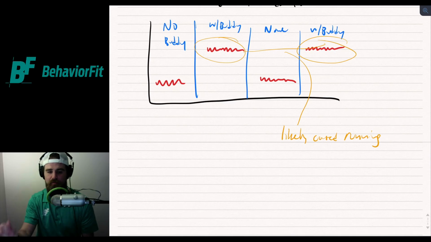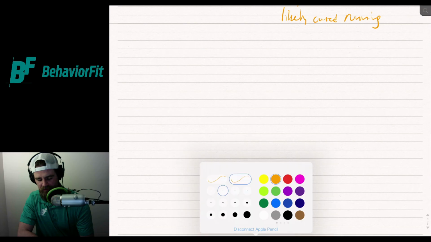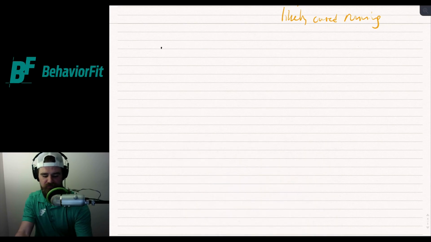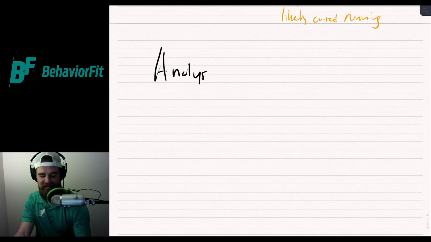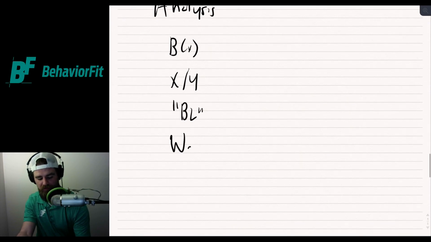So when we're evaluating the change, just to review, we're going to look at the environment, what we're measuring. We're not just guessing. We're not just saying, this is correlated. It might be difficult to find the actual relations there, but at the end of the day, we want to make a sound conclusion of what's happening. So again, just to review, I'll list them off here on the iPad. When it comes to making this analysis of fitness behavior, we need to know what the behavior is, just a couple targets. We need to plop it down on an XY graph. We need to determine what our current baseline is, and we need to play the waiting game.